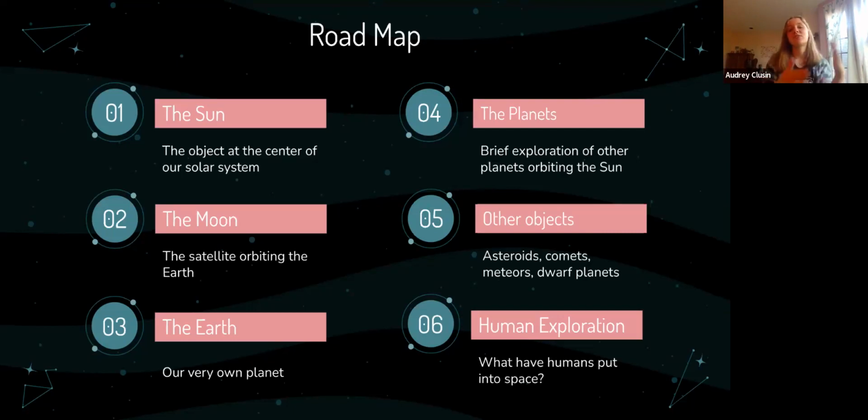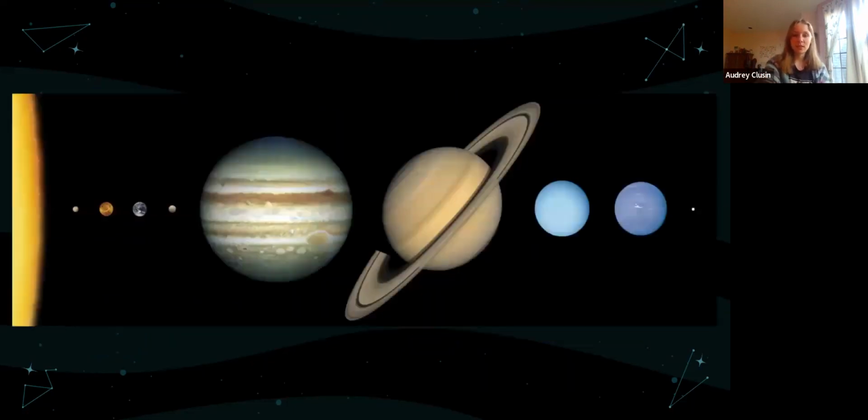And then I'm going to go over, like I said, the statistics of each of the planets and what their unique attributes are and their specific roles in the solar system, and then also other objects like asteroids, comets, meteors, dwarf planets. The difference between shooting stars and meteors and meteorites. I feel like that's a contentious topic, and we're going to talk about it. Also, I'm going to talk a little bit about human exploration because that's one of the things that people like to talk about a lot with astronomy. It's pretty important, and we're going to get into a lot of that.